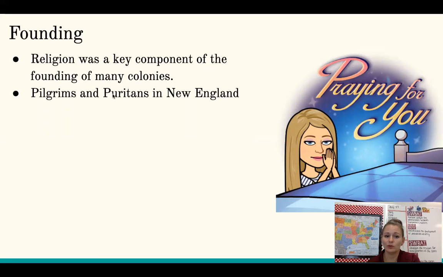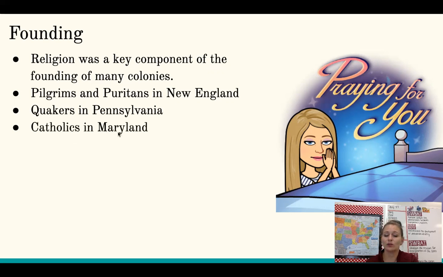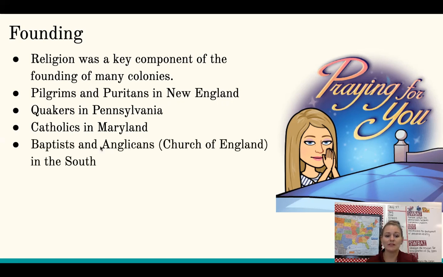Pilgrims and Puritans, who were very, very strict with their religion, mostly settled in the New England area. You have the Quakers going to Pennsylvania. You'll learn more about them in your assignment. A lot of Catholics went to Maryland, which makes sense if you've ever looked at the name of that colony at this time. It is literally Mary land, like the land of Mary. It makes sense that they would name it that because Catholics revere Mary very highly, and that's why it was given that name. There's a lot of Baptists and Anglicans, which is basically the Church of England,